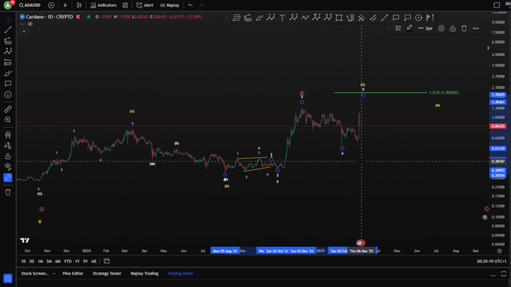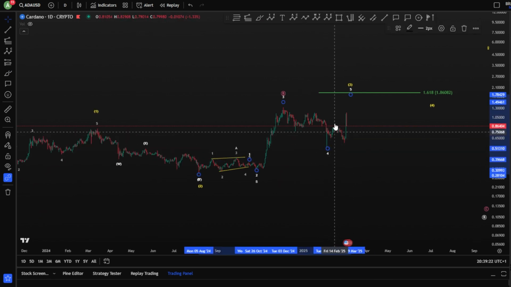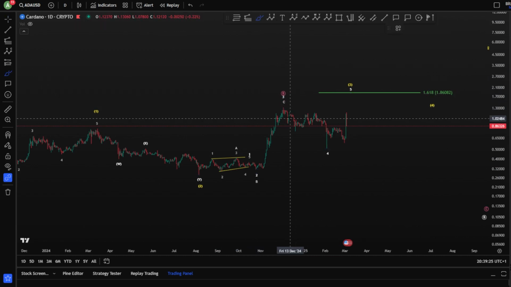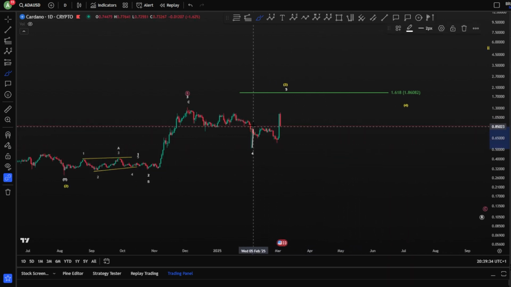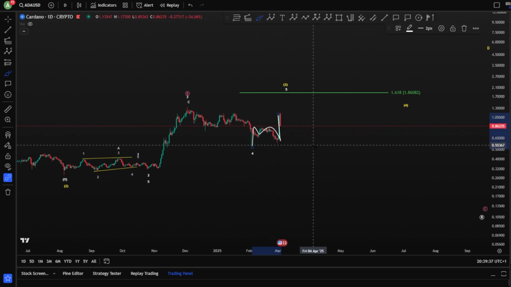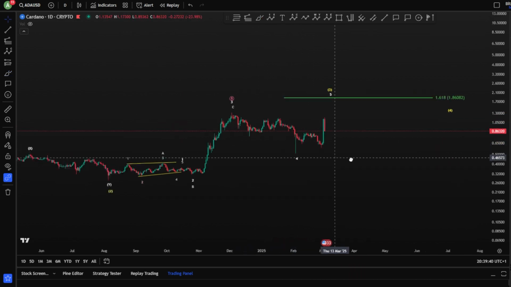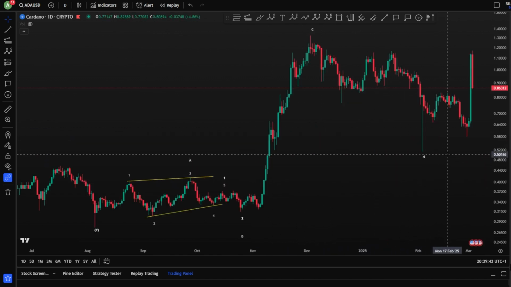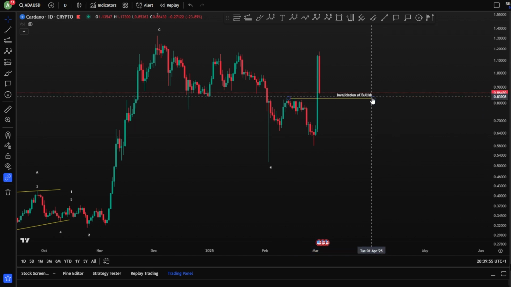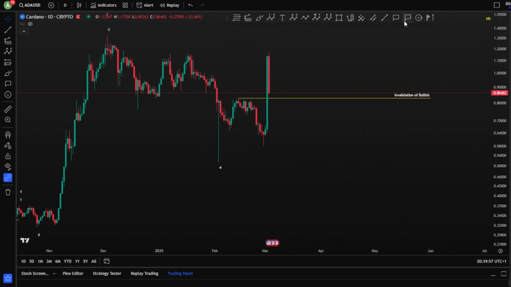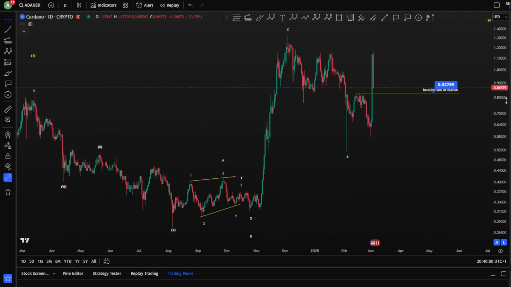What does this mean? Right now, on this scenario, on the daily, what we are looking at here is three waves down, right? And then three waves up. Very, very close for invalidation in case you are in a 1, 2. But remember, in the stream, we never said we are in 1, 2, 3, right? And that's why I was not trusting it. So basically, your invalidation anyway, just to make sure that you invalidate any kind of bullish scenario, is this level, invalidation of bullish, right?